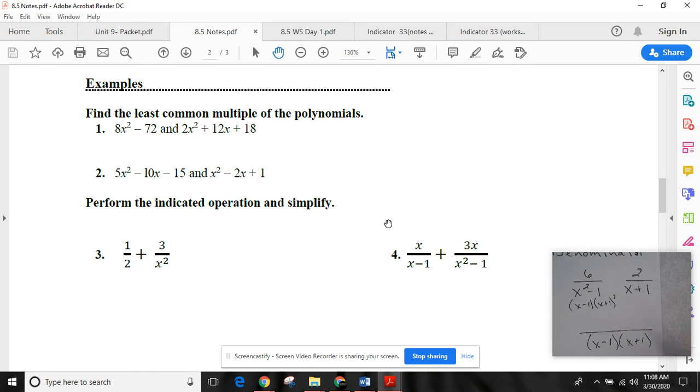And again, I could go through the same process. Nothing's different, so I bring that 6 down. The difference between x plus 1 and my new LCD would be the x minus